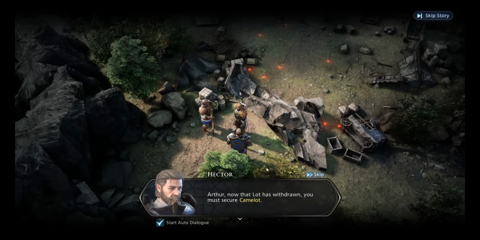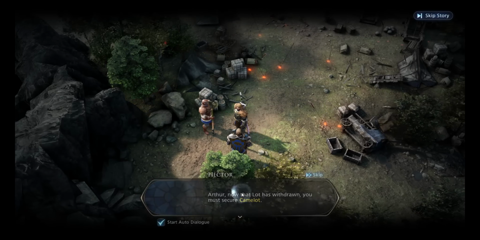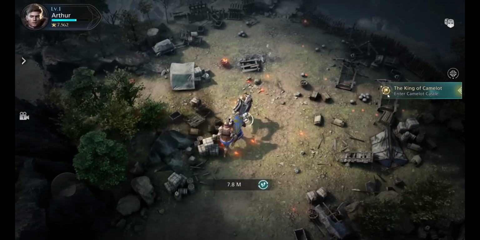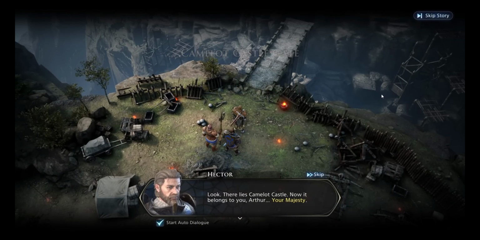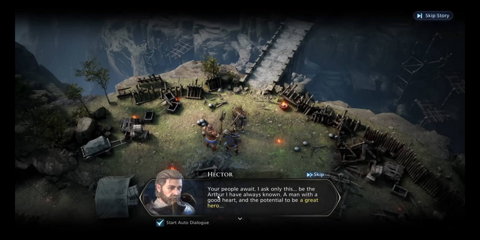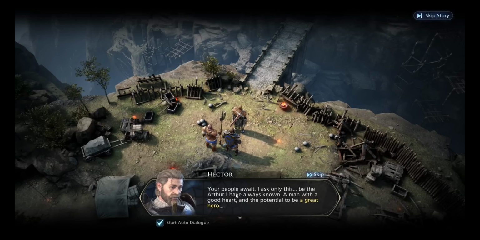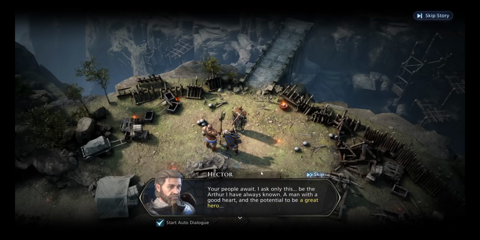Arthur, now that Lot is withdrawn, you must secure Camelot. Look, there lies Camelot Castle. Now, it belongs to you, Arthur. Your Majesty. Your people await. I ask only this. Be the Arthur I have always known. A man with a good heart and the potential